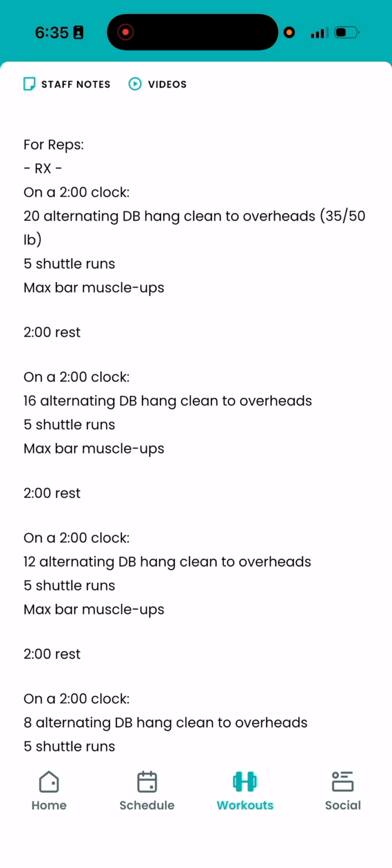You're going to rest 2 minutes, and then you're going to do another 2-minute clock, and there's a pattern here. It's 2 minutes on, 2 minutes off. Second 2 minutes on, it's 16 alternating dumbbell hang cleans to overhead, 5 shuttle runs, and max bar muscle ups. So the hang clean to overheads, the reps go down, and then you rest 2 minutes, and then on the next 2 minutes you do 12 hang cleans to overhead,